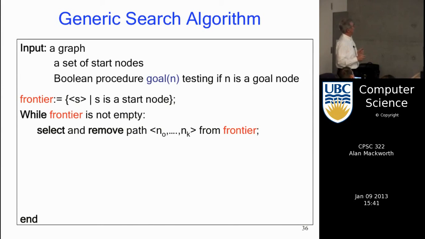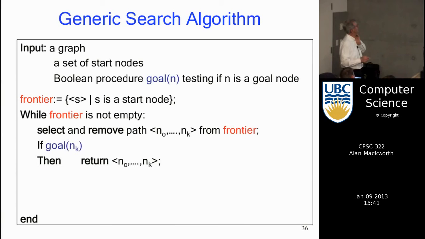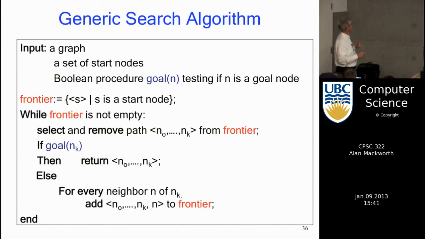And we'll just loop, while it's not empty, select. I'm not going to tell you yet how to select a path, but just select any path from the frontier and remove it. So this is some arbitrary path from this frontier. I check the end of the path to see if it's a goal. It's critical that this test is here, not later. We'll see why. When I take the path off the frontier, I check to see if it's a goal node. Am I there yet? If so, then you return that path. And this should say output successful path, if it terminates. Otherwise, if it's not a goal, this isn't a goal. If it is, I return it and stop. But if it isn't,